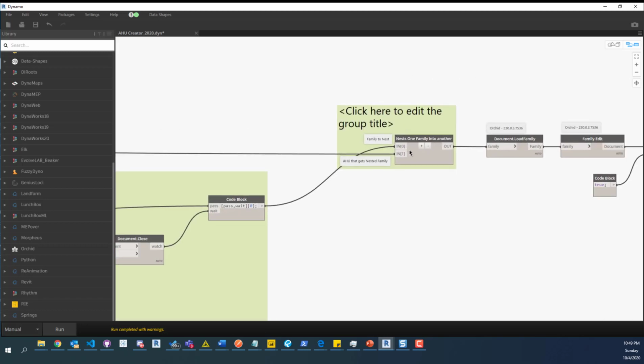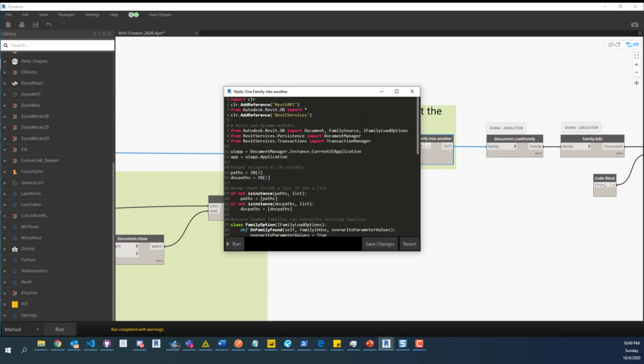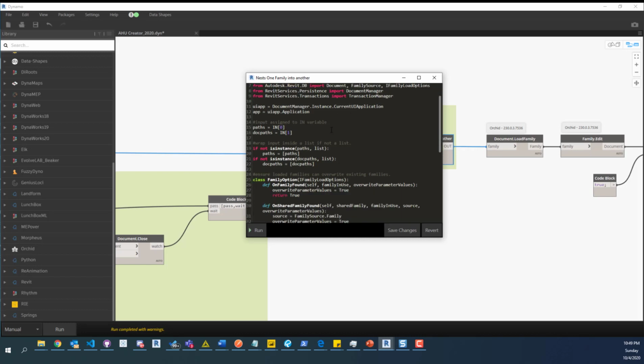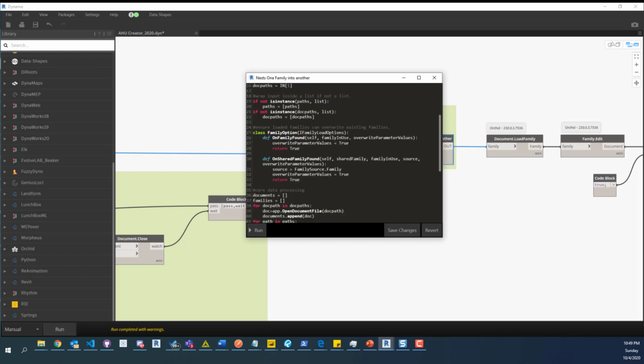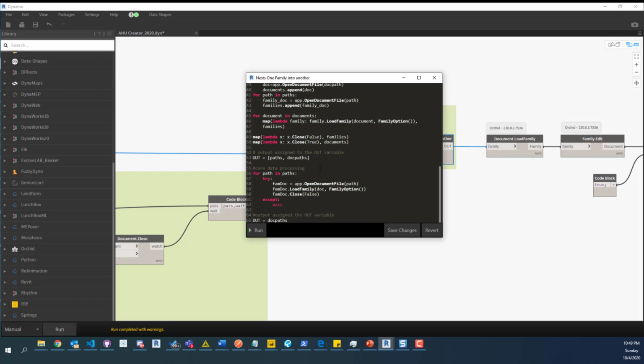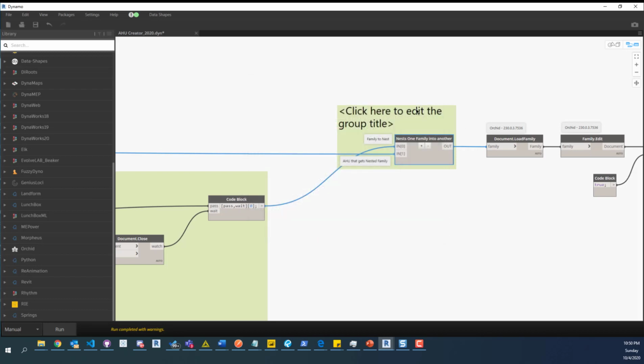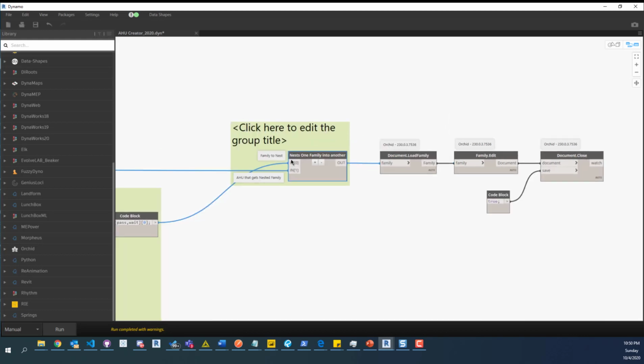And I can show you this Dynamo script. This Python script. We won't go into it. Again, I didn't build this. Don't want to take credit for it. It's again, Building Coder. There was a post about it, and if I remember, I will put the link below. There was something, and I can't remember exactly. It'll be clear when I actually go out to the post and look at it again, but I think there was something we had to change within this, but we've got it to work,